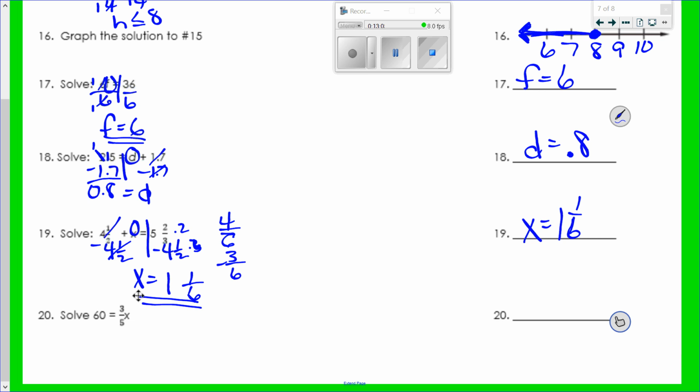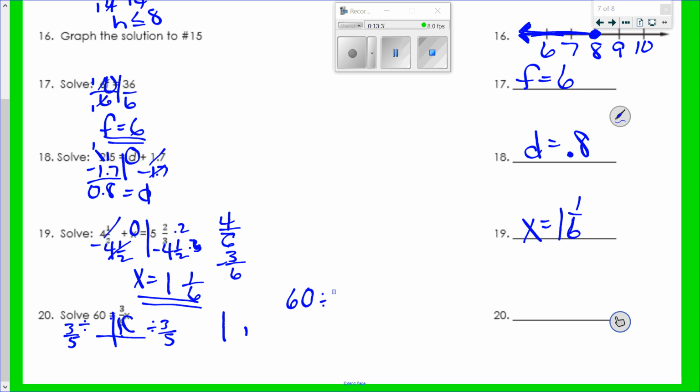Here's our variable on this one. There we go, kind of. Draw my line. What's the opposite of multiplying by 3/5? Dividing by 3/5. So I'm going to divide both sides by 3/5. So I'm going to go ahead and rewrite this over here because 60